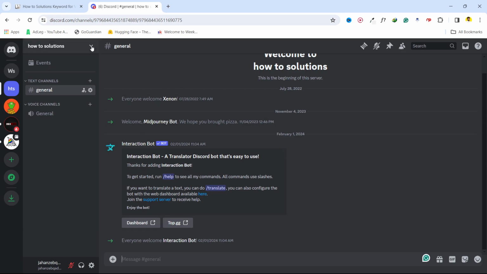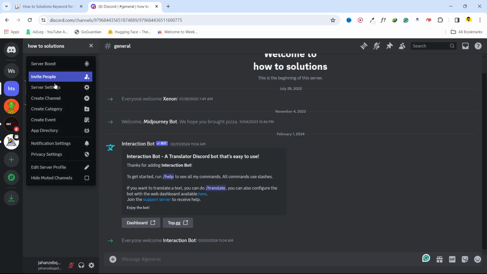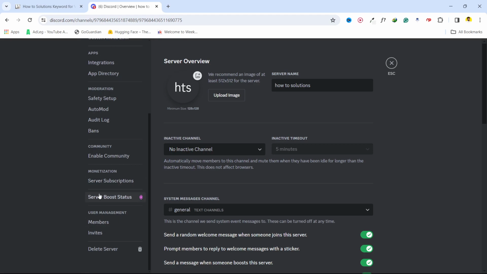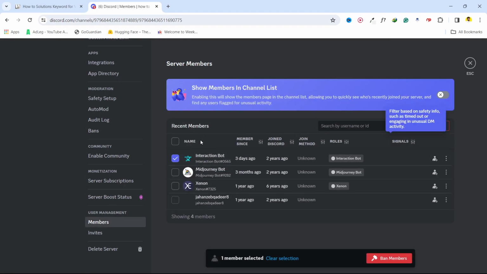Then you simply need to click on this icon here and go on to the server settings. Once you are here, scroll down and you need to click on members. And here you can see all the details, and here you can see I have 3 bots, so I want